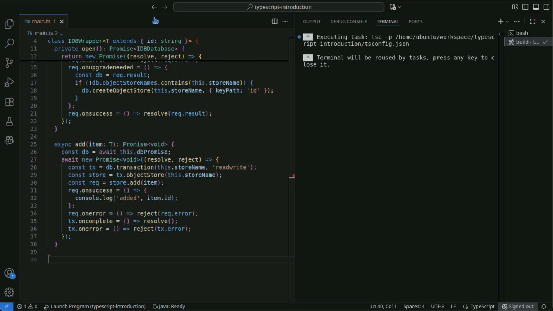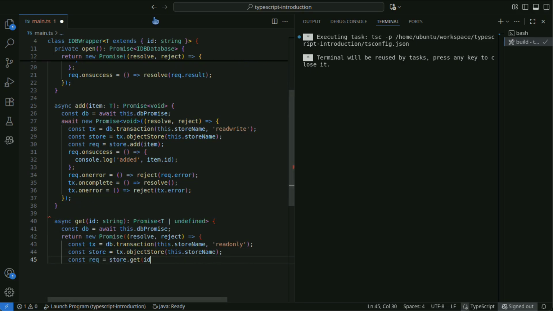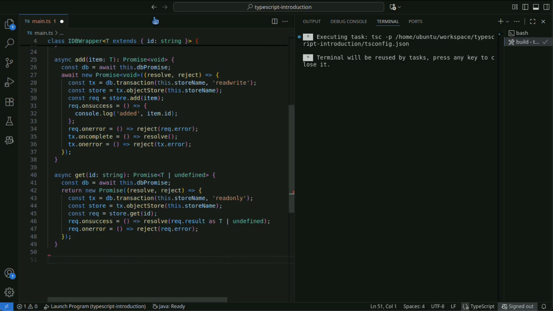After adding, the ID is logged to the console. Retrieves data corresponding to the specified ID. Undefined is returned if the data does not exist.